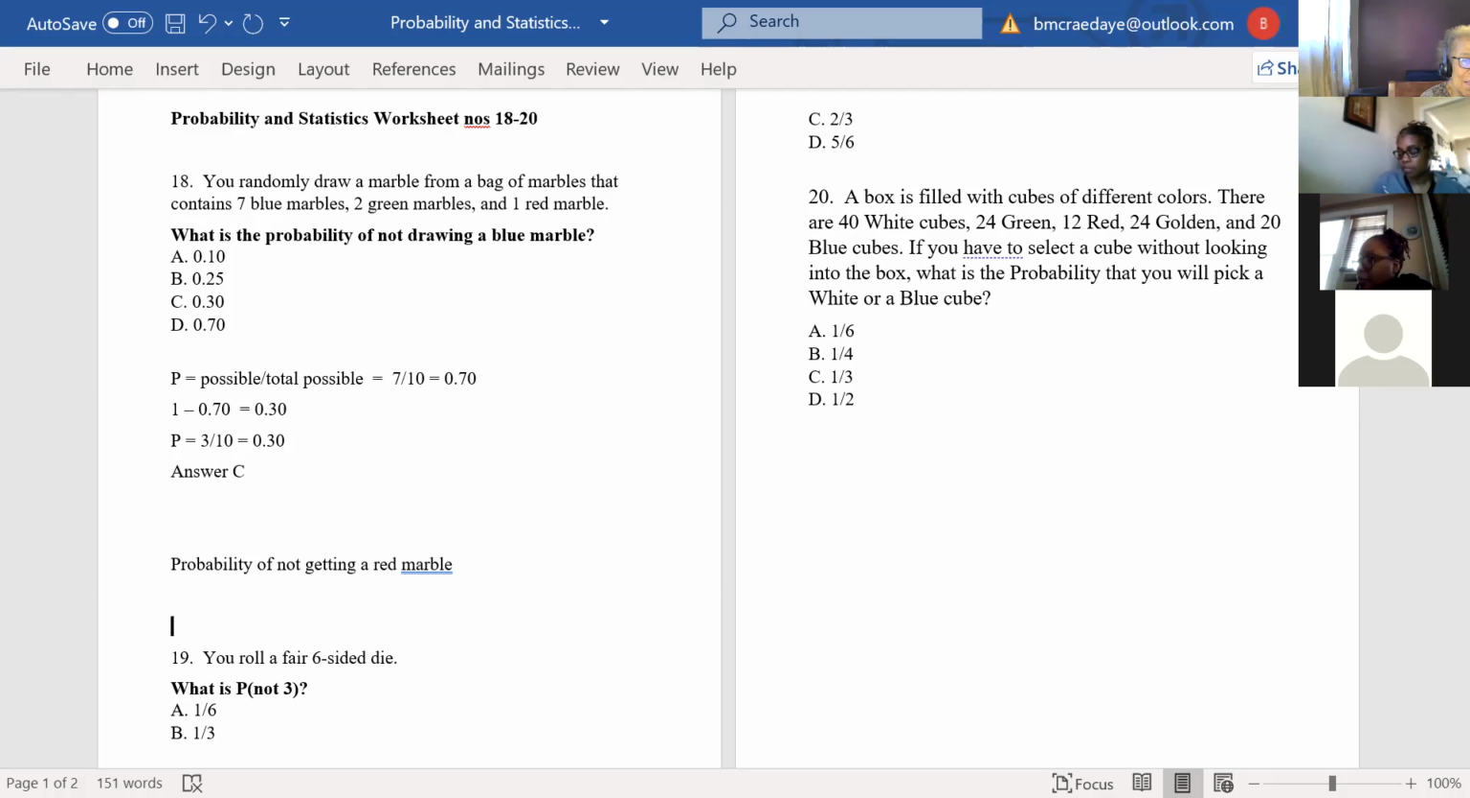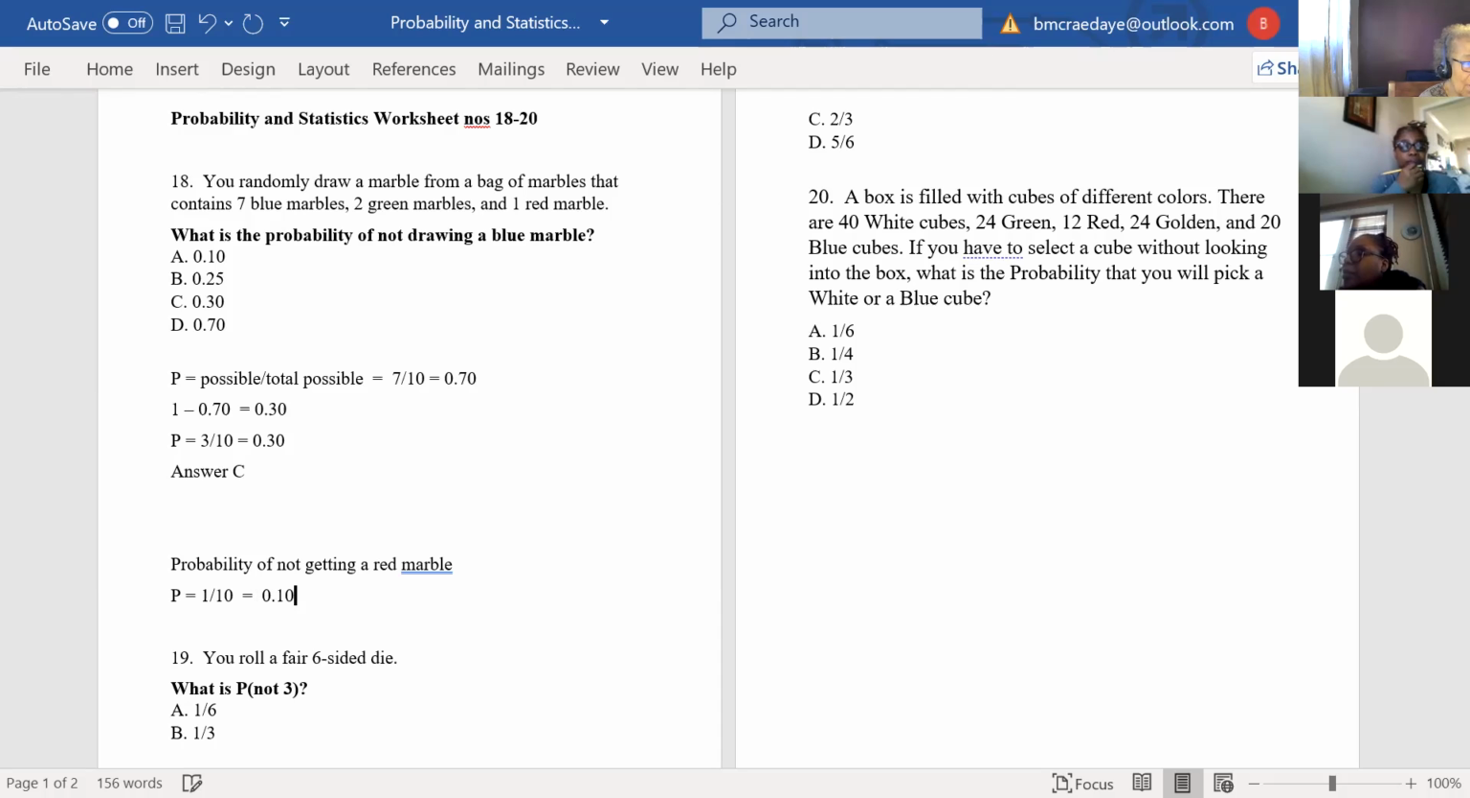Well, let me ask you, what's the probability of getting a red? We'll do it that way because you can do it like we did the 2 ways up here. What's the probability that you get a red? How many red marbles are there? 1. So your possible is 1, right? Yes. And what's your total? 10. That's right. That's all your marbles. So the probability of getting a red would be